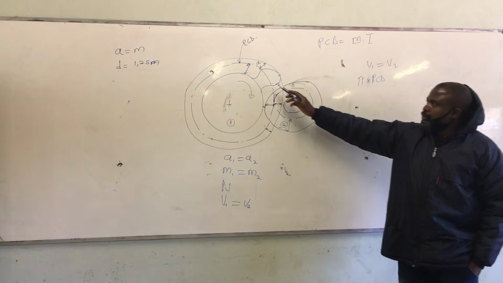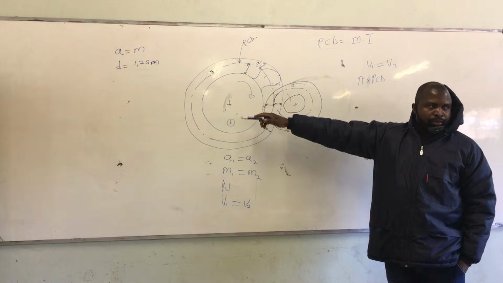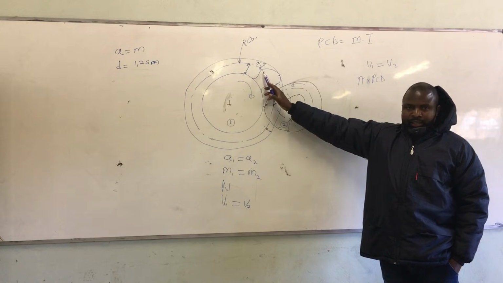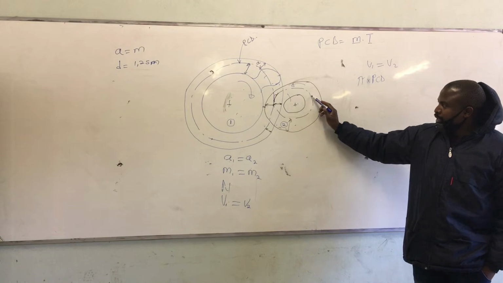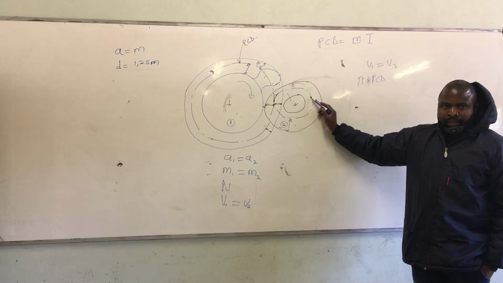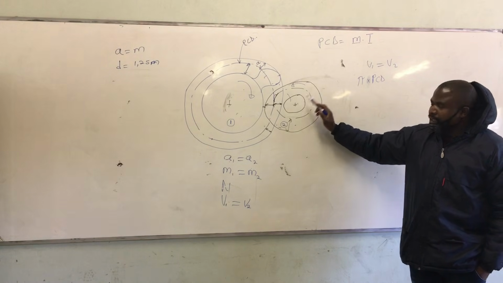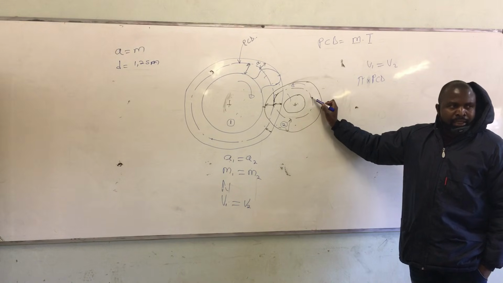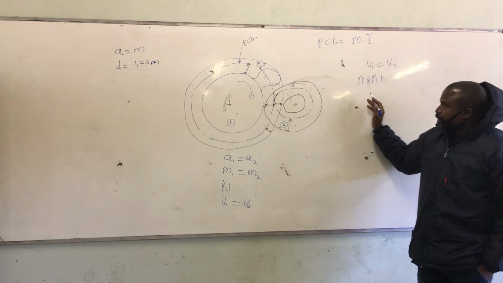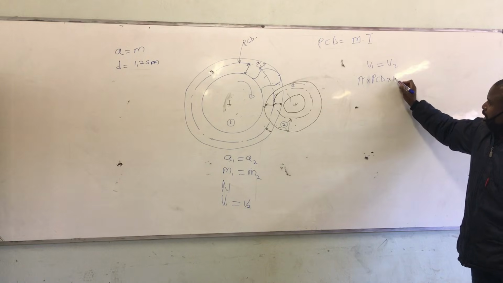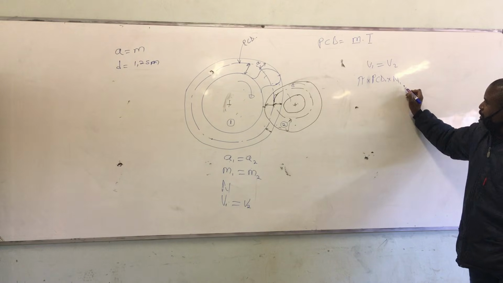In this case, we will be using PCD to calculate the velocity for this gear. To calculate the velocity for this gear, we use this diameter. Remember, I have 1, 2, 3 diameters. We do not use any diameter, we only use PCD as our diameter there. Ne? So pi PCD1 times n1 over